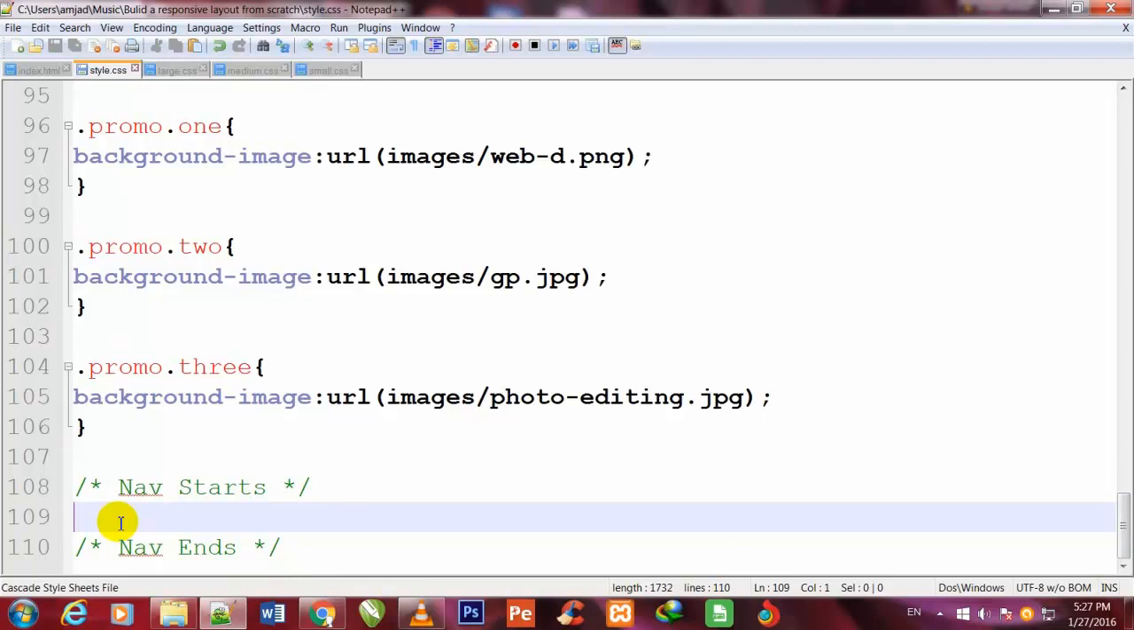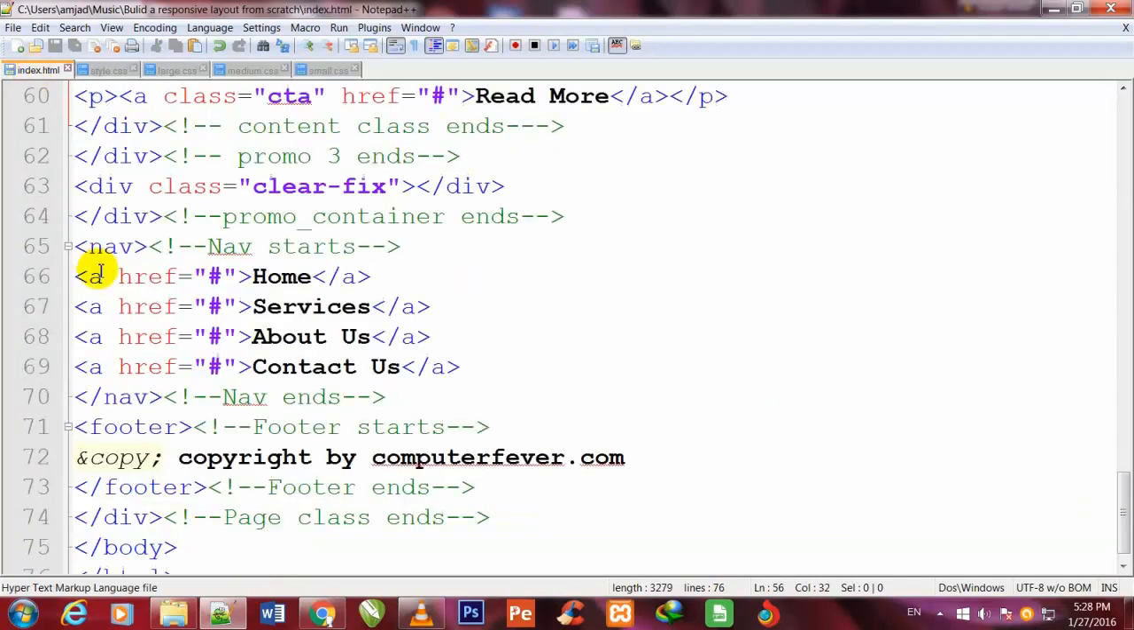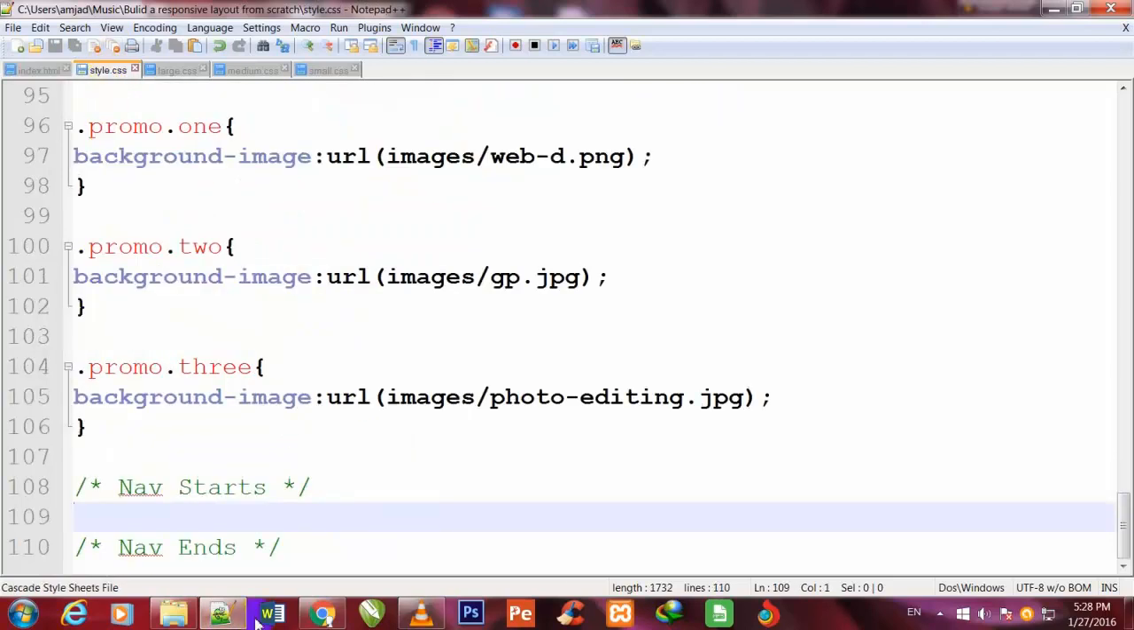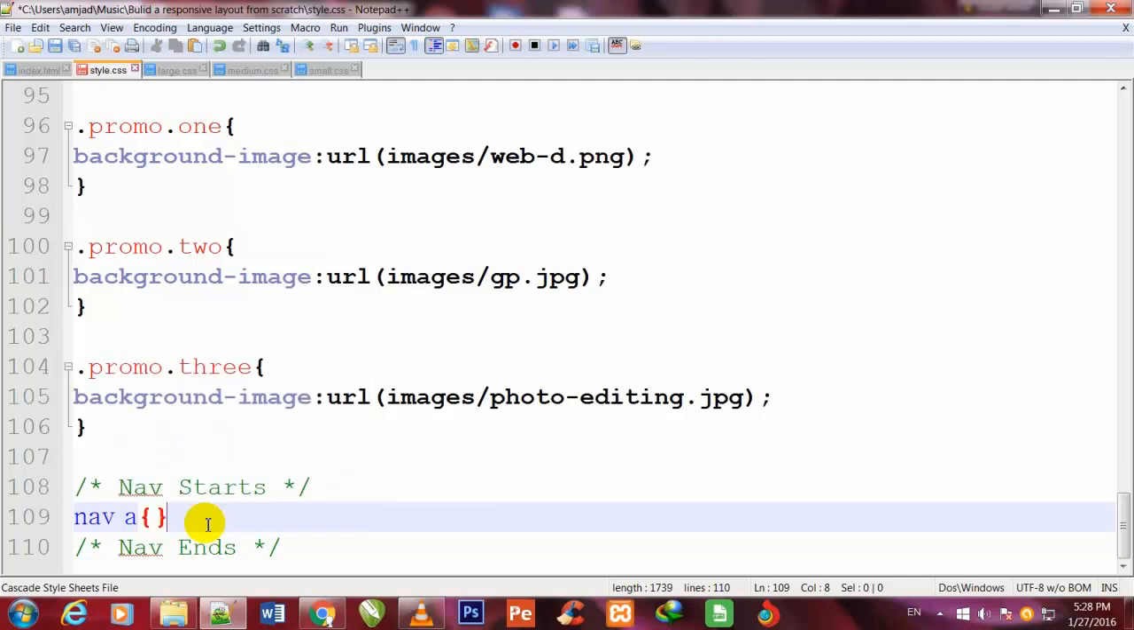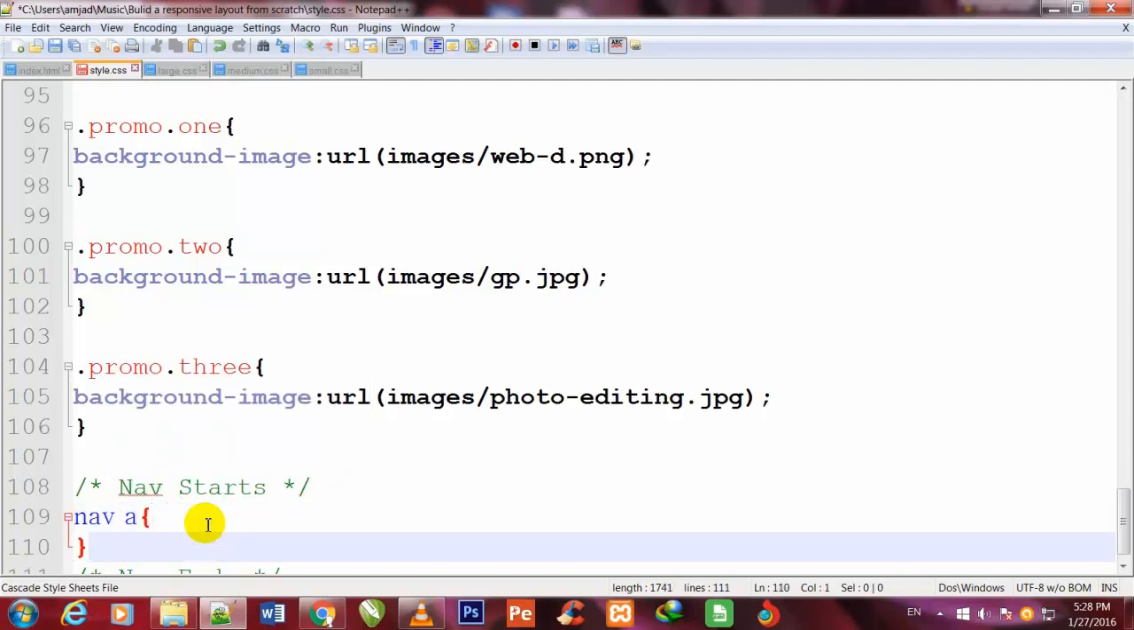So first of all friend, I go back to my index.html, and you see that inside this navigation bar I have made these anchor tags: home, services, about us and contact us. So I go to my style.css and I write here nav a and make two curly brackets,